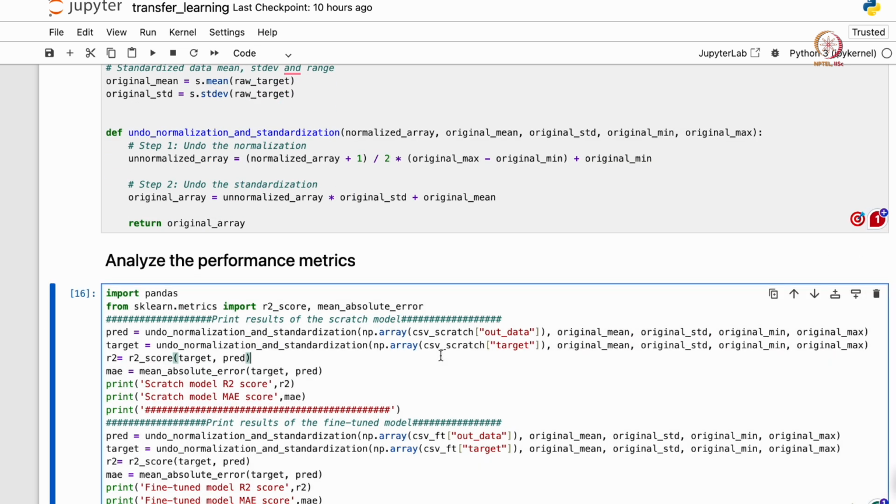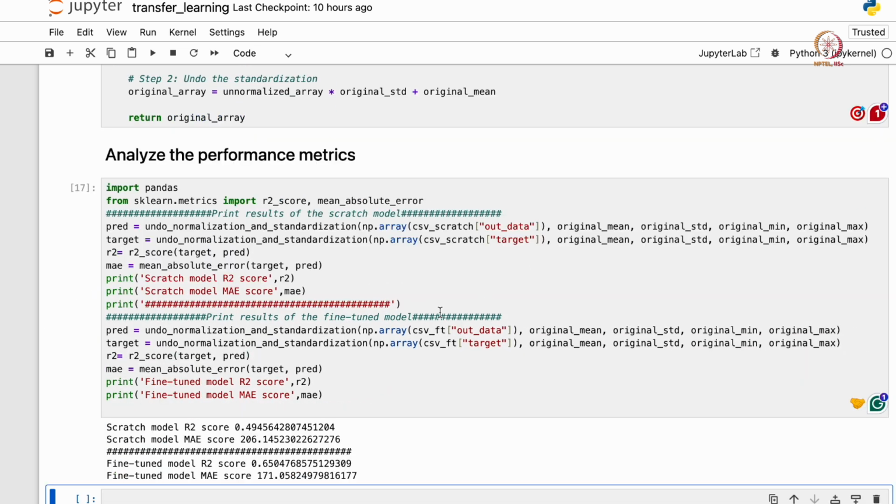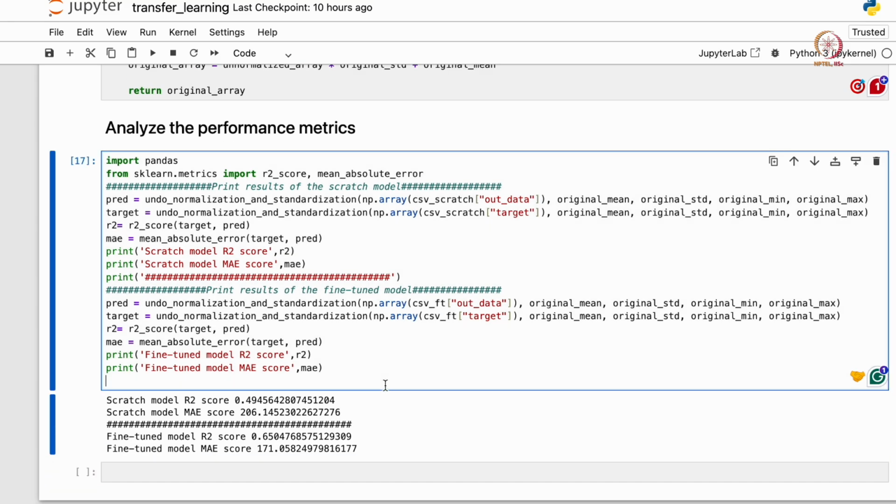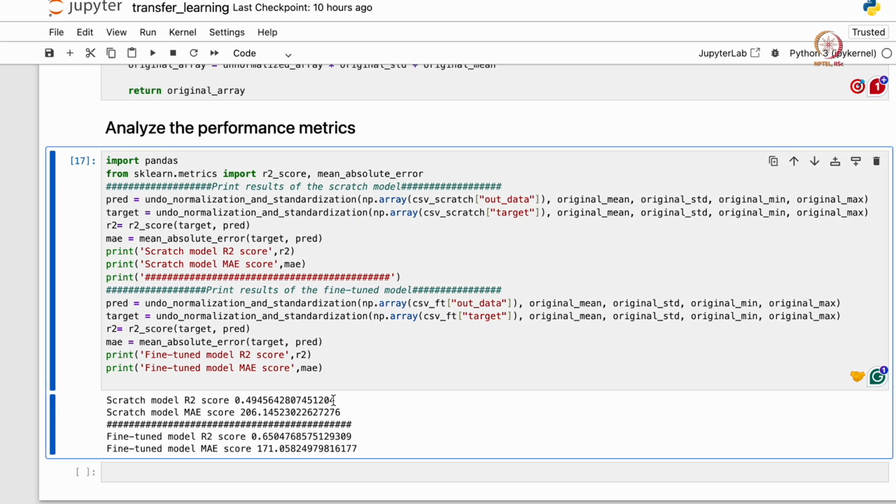And now let's analyze the performance metrics. We just printed the scratch model R2 score and mean absolute error, and the fine tune model R2 score and mean absolute error. Look at this: the scratch model running for 15 epochs on those 300 points has an R2 score of 0.49.